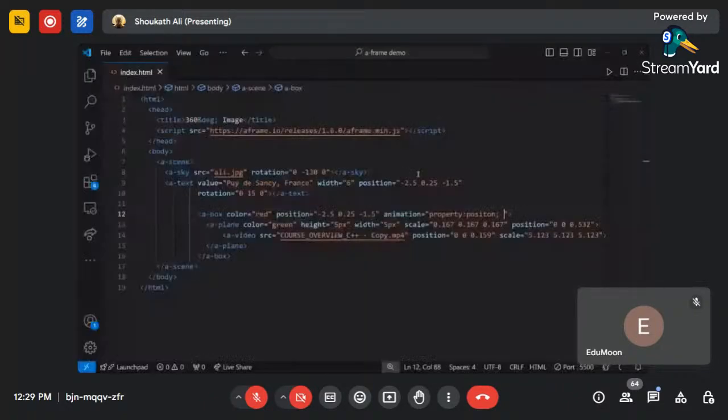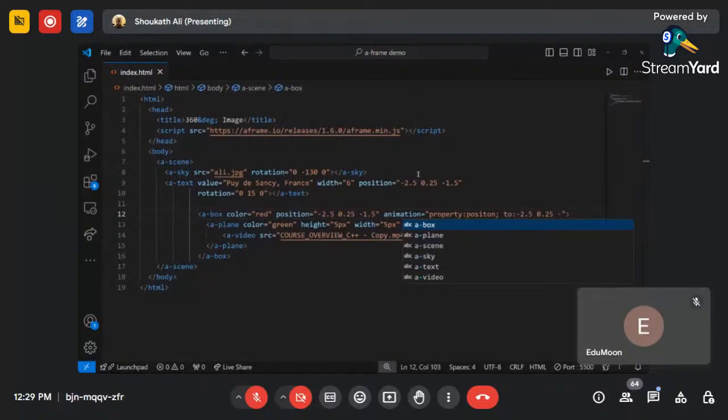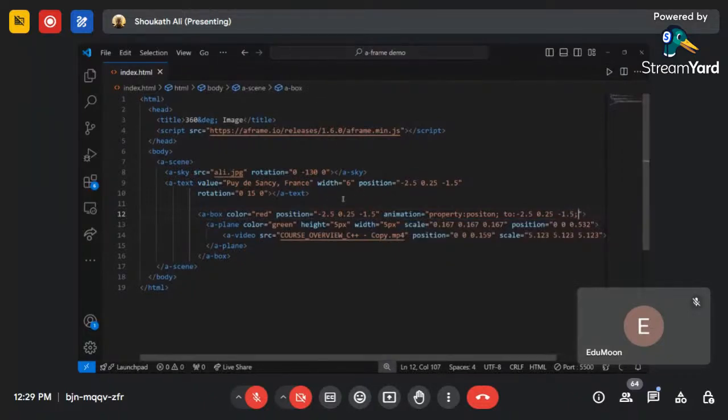Okay, semicolon, to colon. We are giving the final position. We want our final position to be this position for now. So we'll give -2.5, 0.25, -1.5, and we'll change our initial position to maybe -20,